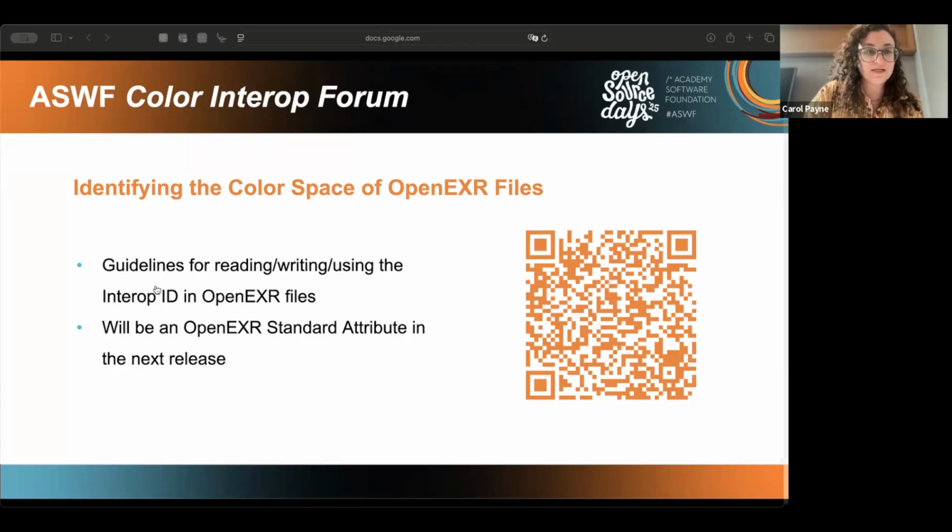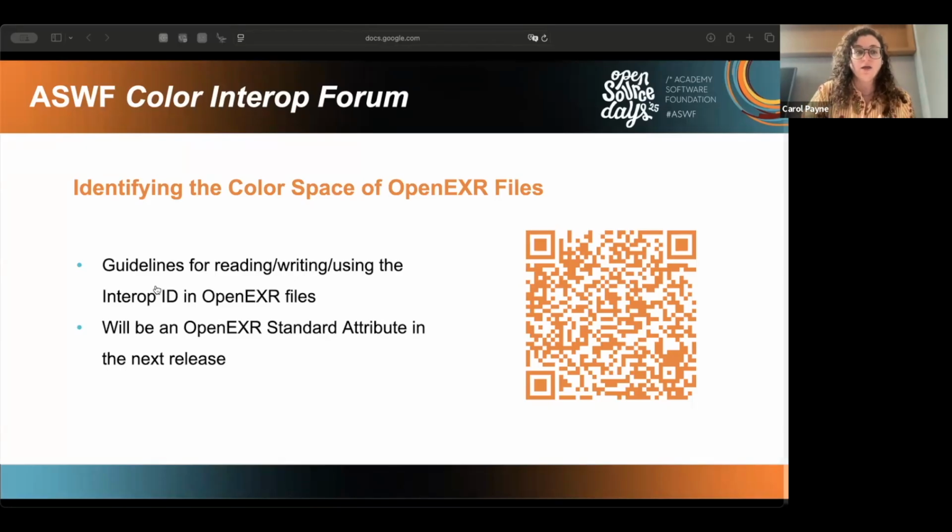As we're all familiar, there are existing methods for identifying a color space in an EXR file by using the chromaticities attribute. Also, lots of applications write their own color space metadata, whether that be a name or something else, into an OpenEXR file currently because it's very flexible. But the reality of the situation is that the trust in the chromaticities attribute is lost. And lots of applications handle it or don't handle it differently. Many pipelines that we all write simply ignore it if it exists in an EXR header. And it's a tough one because it's a set of many numbers that are foreign and very hard to diagnose